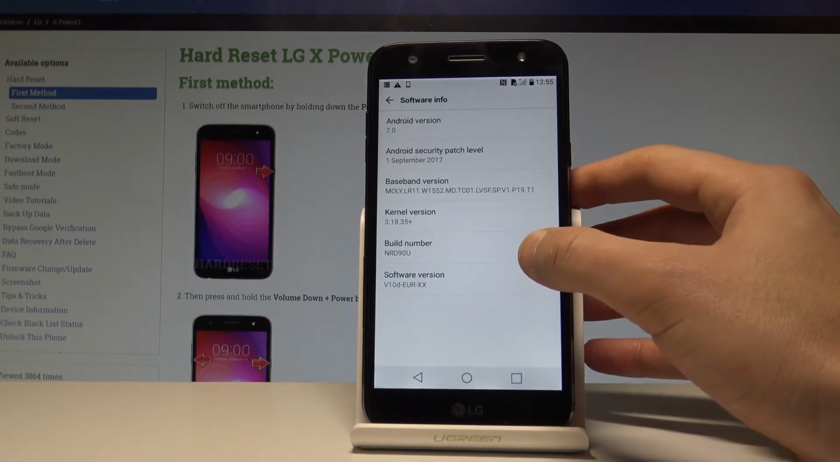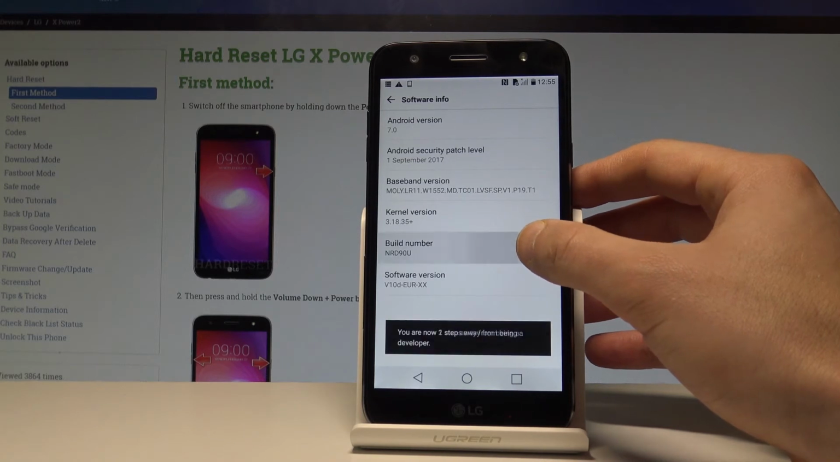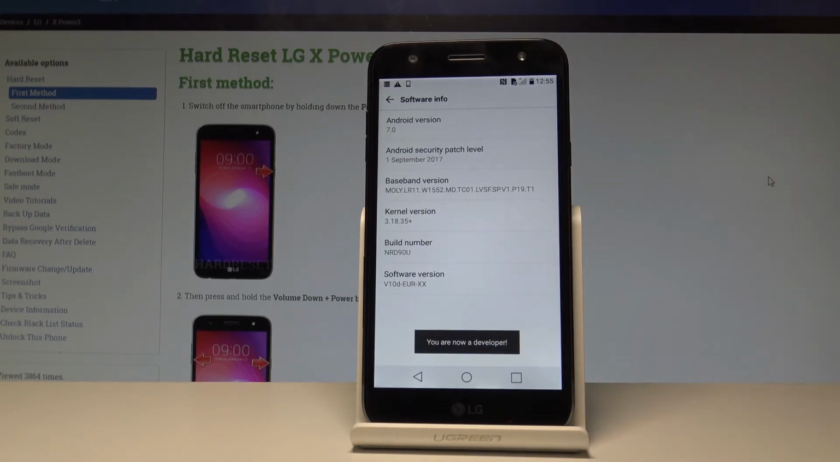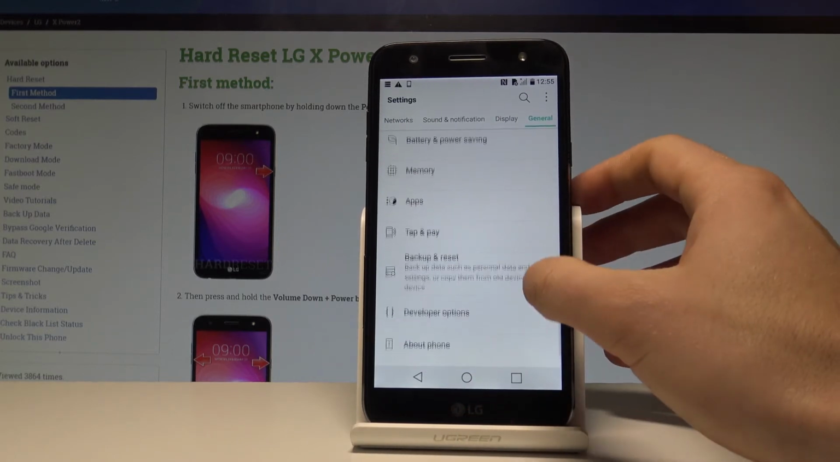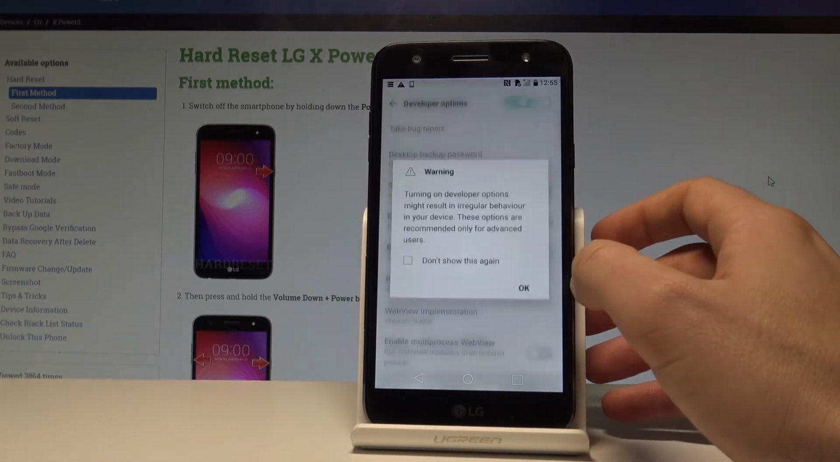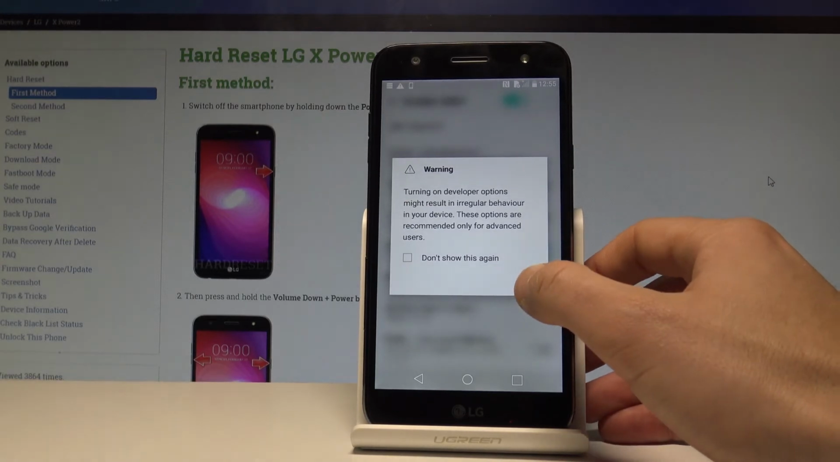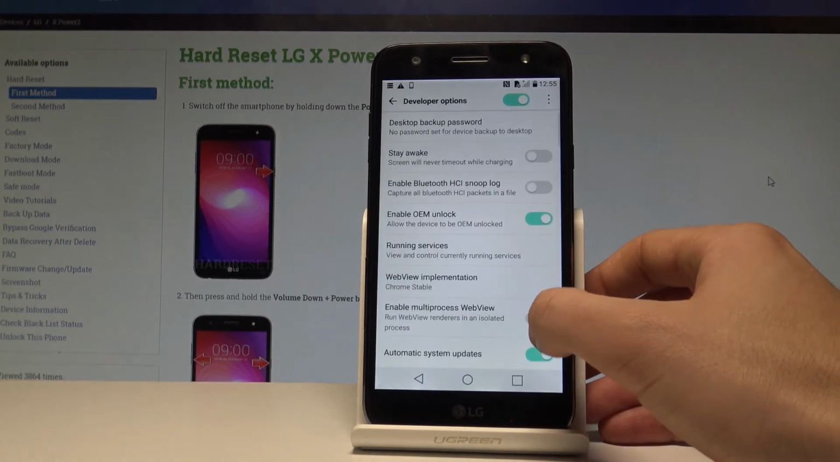Here you have to find the build number. Let's tap a couple of times on build number, and as you can see, you are now a developer. So you can go back right here, and under backup and reset you've got developer options. Let's tap OK to the following warning, and as you can see here, you can use all the features from